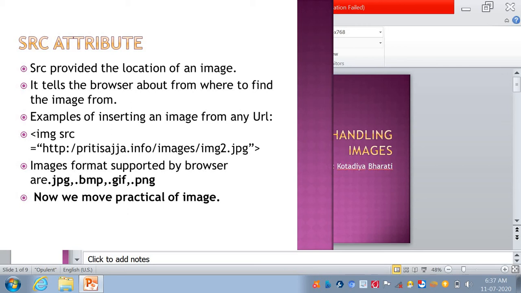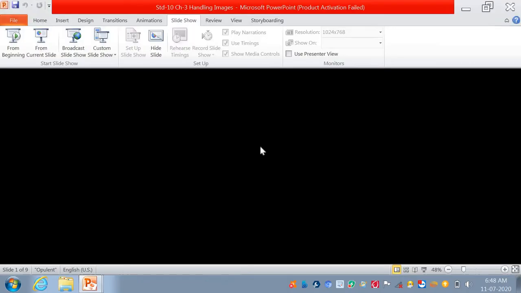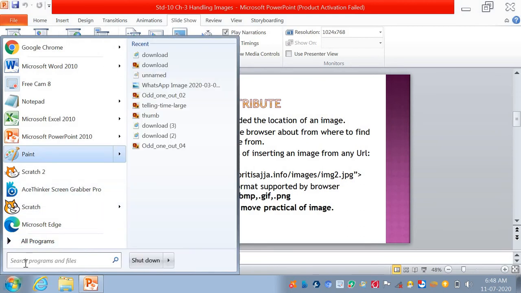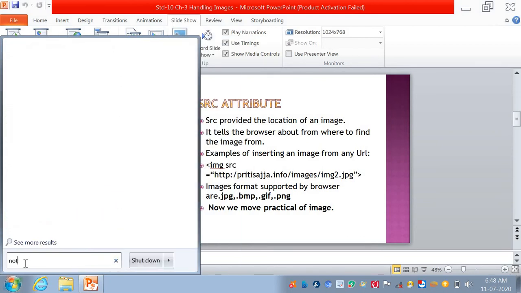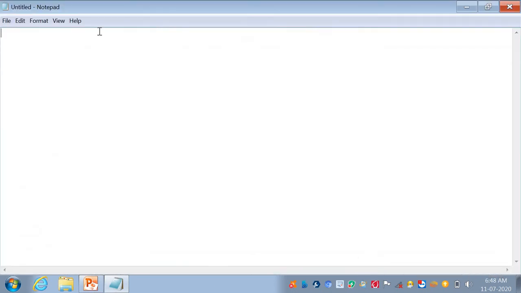Now we move to our practical of image. Let's start with how we can create an image. Here you open your Notepad program. Then you save your file.